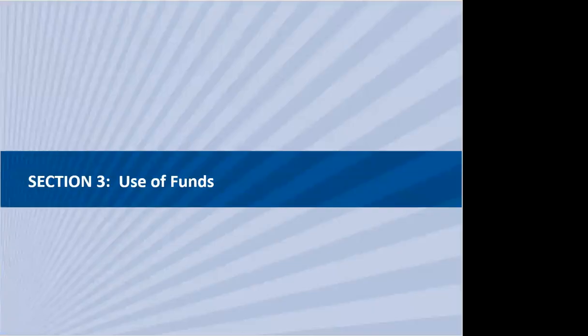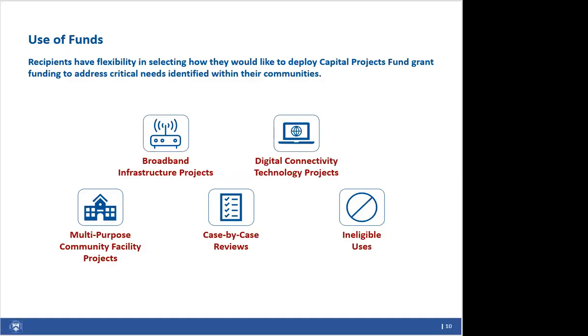Thank you, Dana, and it is wonderful to be here with all of you to share more about the program. As Dana said, we simplified the process by identifying some use cases for funding. This slide outlines these categories, also identified by the guidance. There are projects considered to be presumptively eligible, projects that will undergo a case-by-case review, and projects that are presumptively ineligible.